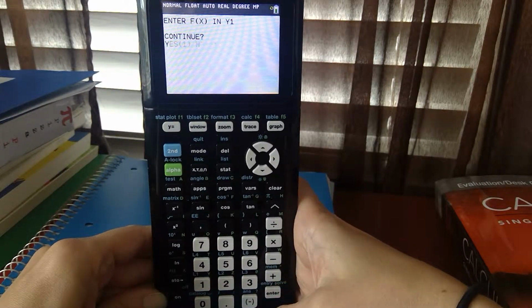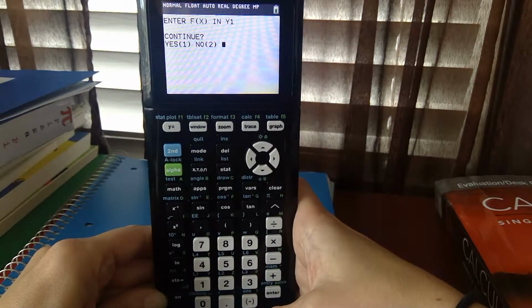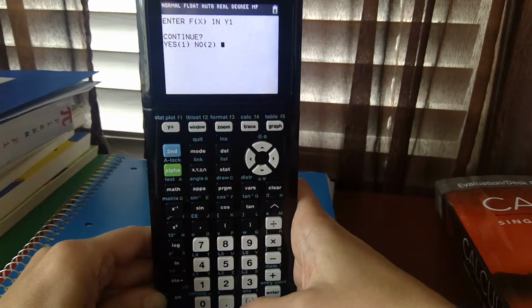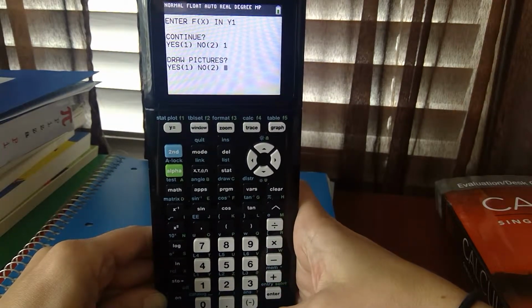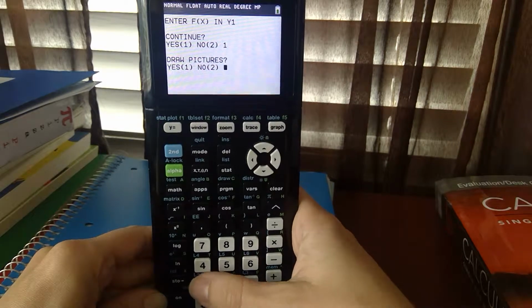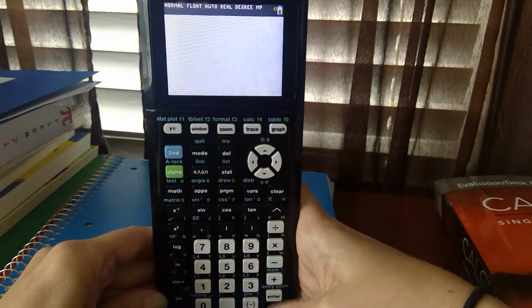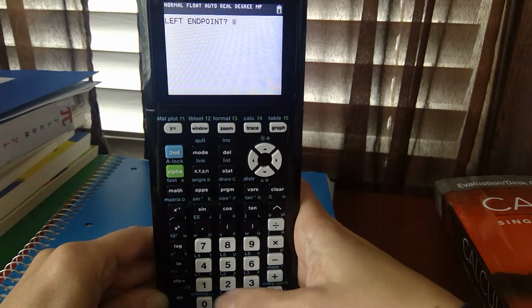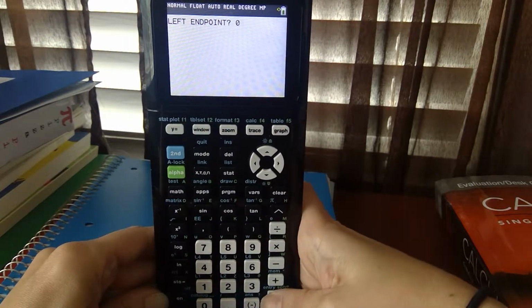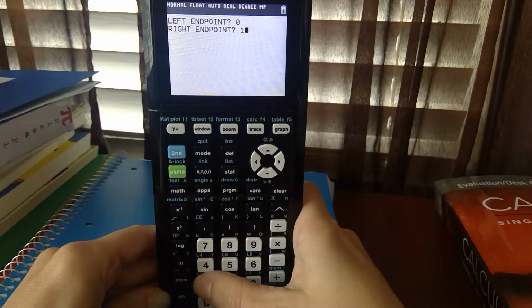push enter, and it says enter f of x and y1, and I've already done that, so I'm going to push 1. Draw pictures? Yes, sure, I would like pictures, so I'm going to push 1, enter. Left endpoint, I want the area from 0 to 1, so left endpoint 0, right endpoint 1, that's like my